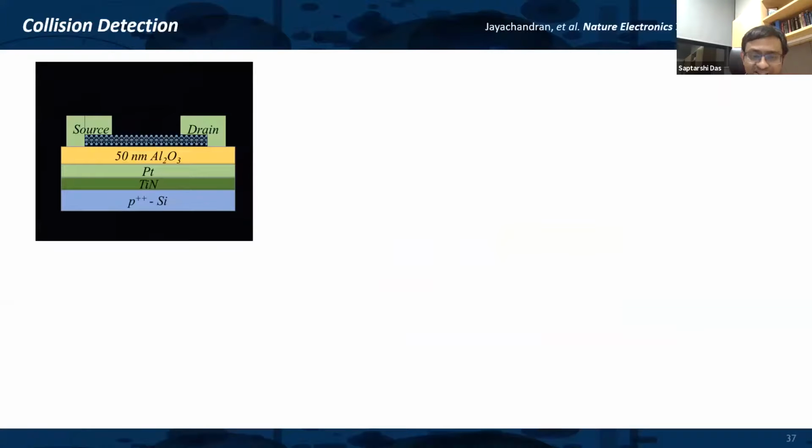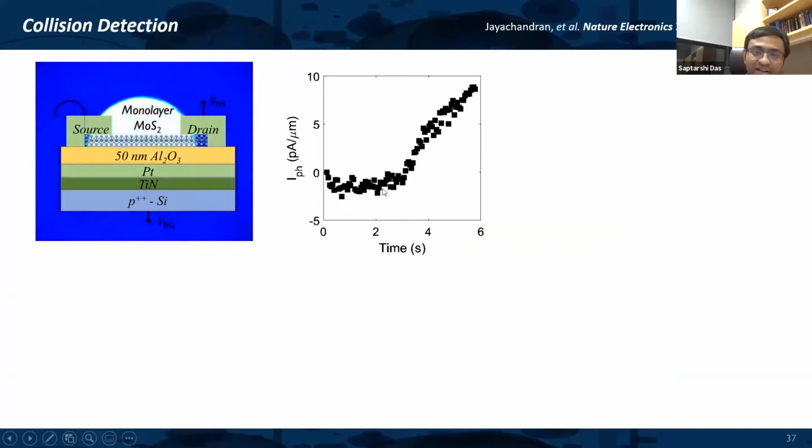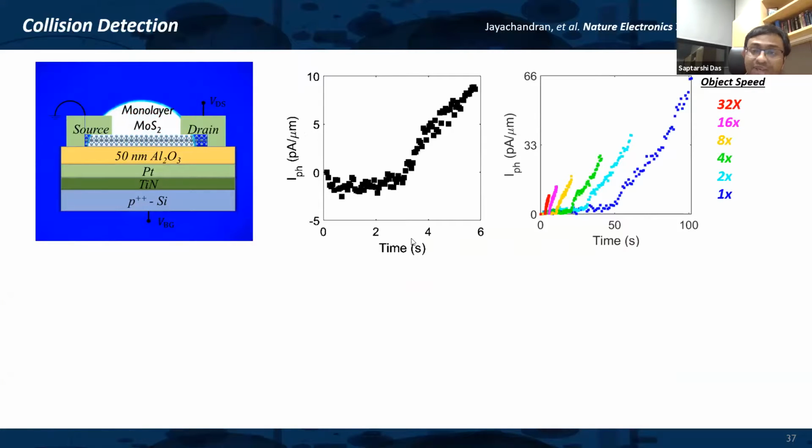So if I expose my device to the same kind of visual stimulus, then of course what we'll see is that the photocurrent kind of keeps increasing monotonically. Now, depending upon how fast the object is approaching, you can see that the photoresponse of the device is also different. A faster moving object creates very early response, while a slower moving object creates a later response. And that's kind of expected, right? Depending upon the object speed, my response will be earlier or later. But this information alone is not good enough for your vision sensor to detect